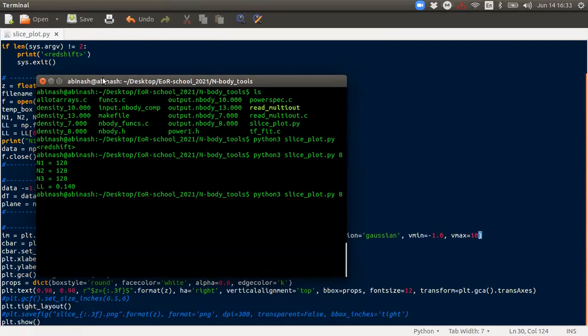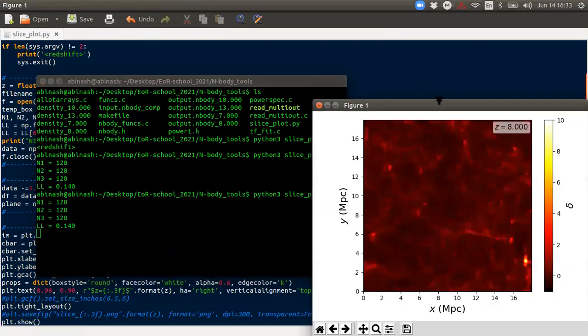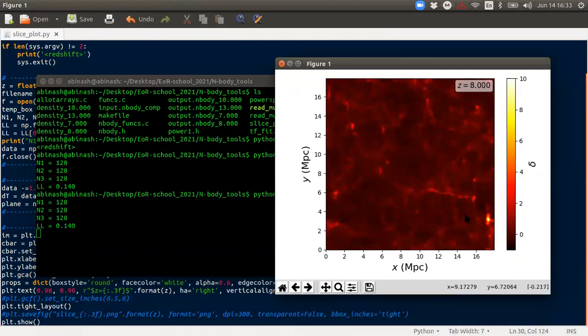If you want to plot the particle positions, you can also do that. There is a section in the read multi-out file which I have commented.